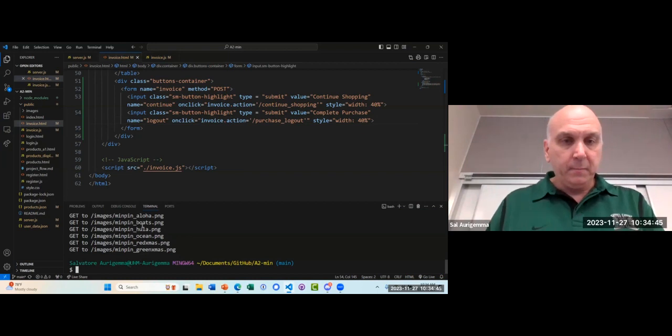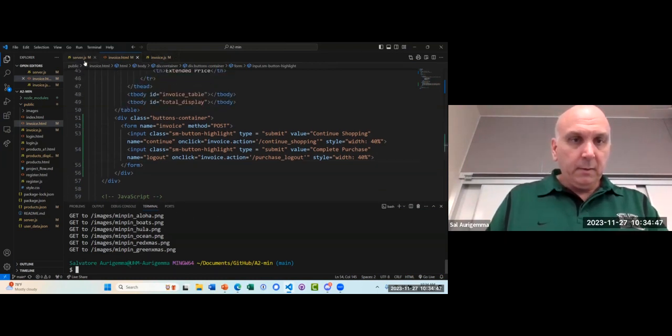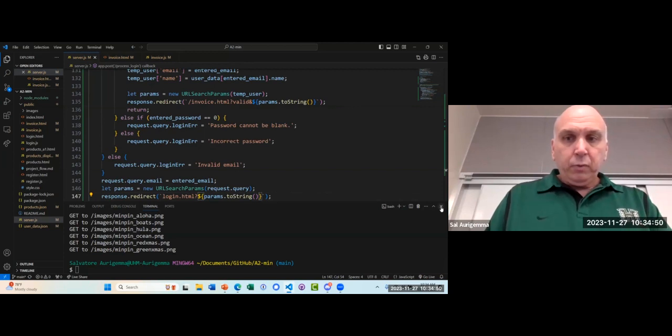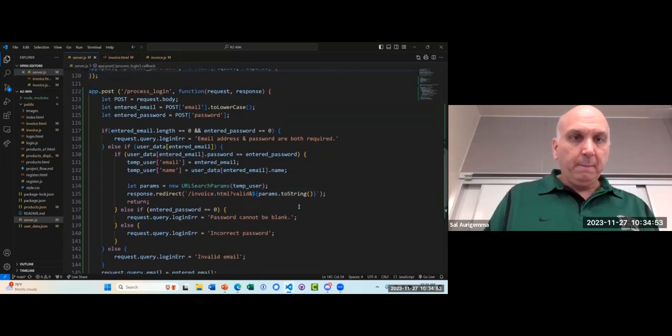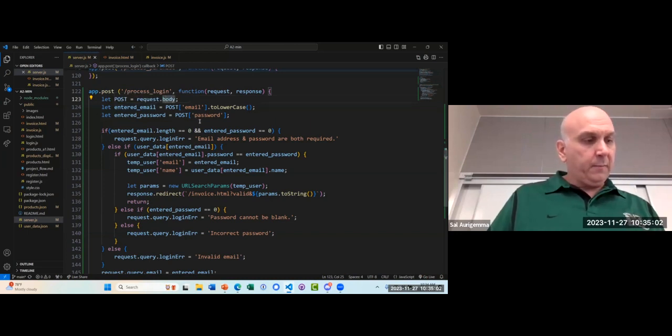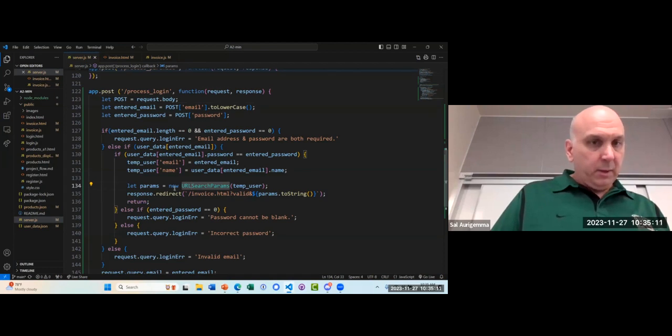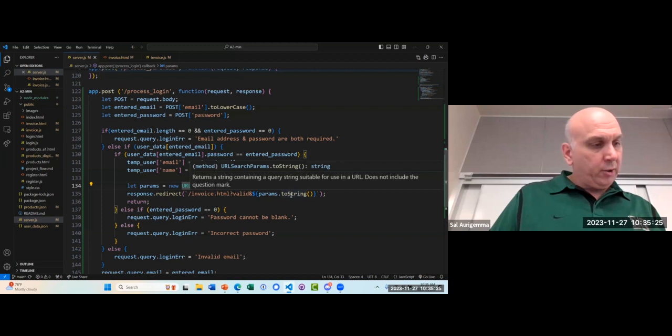Control C. Okay, so I got my request body, got my post, got my email, email address stuff. Yep, that's all required. So I got my let params down here, new URLSearchParams, temp username and email. Okay, that's good. Response redirect invoice, valid, params.toString. That all looks good. So where's my